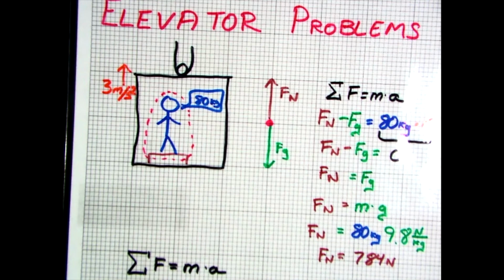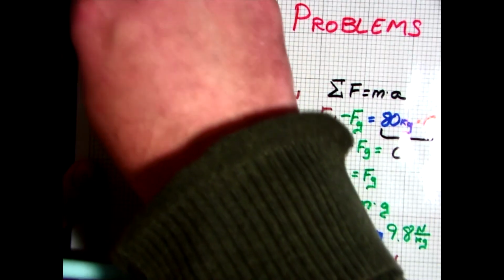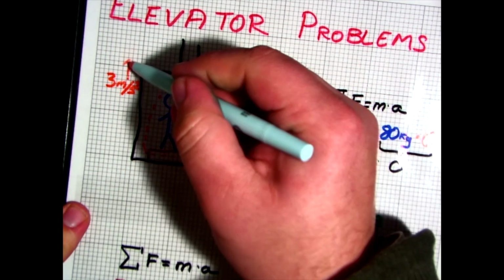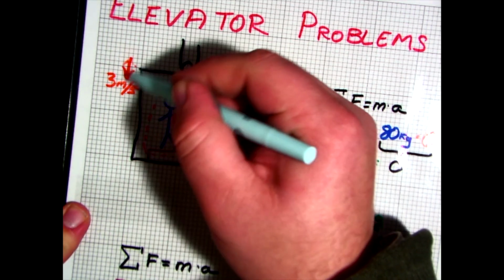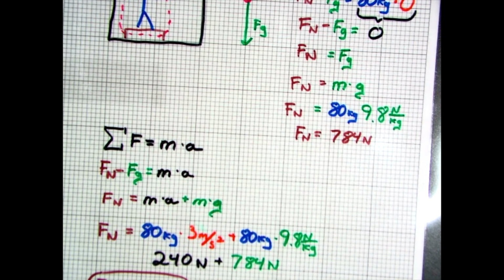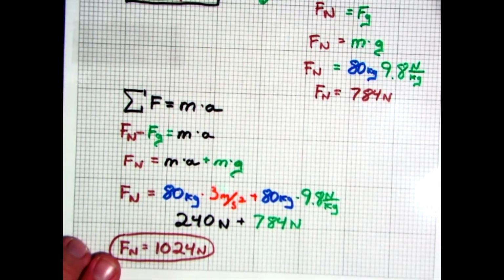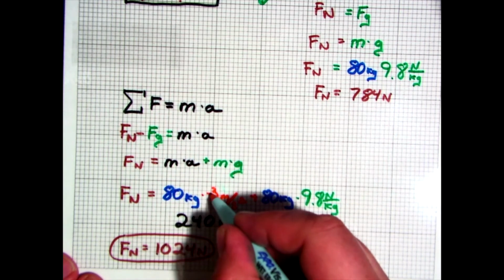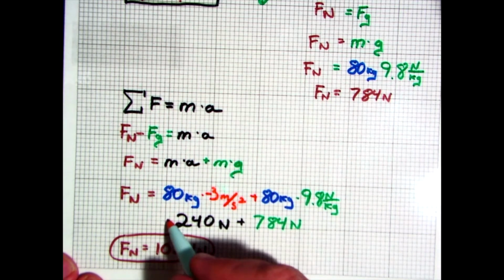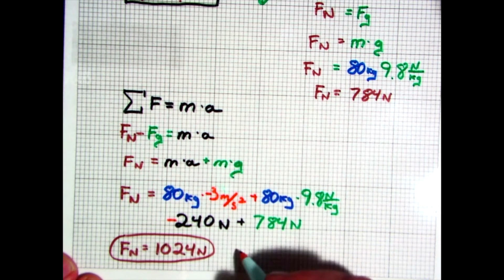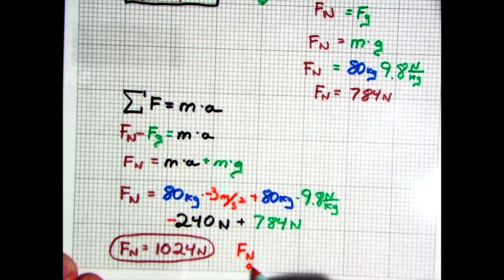So we've seen what happens when our elevator is accelerating up, but unless it belongs to Willy Wonka and his chocolate factory, the elevator is eventually going to have to slow down, which will mean that it will have an acceleration pointing in the down direction. So let's see what this changes in our math. And luckily, it's surprisingly little. So our acceleration is now down, which means that's a negative 3 meters per second squared, which means we'll have a negative 240 newtons. So that means that the force normal, when the elevator is accelerating down at 3 meters per second squared, is going to be